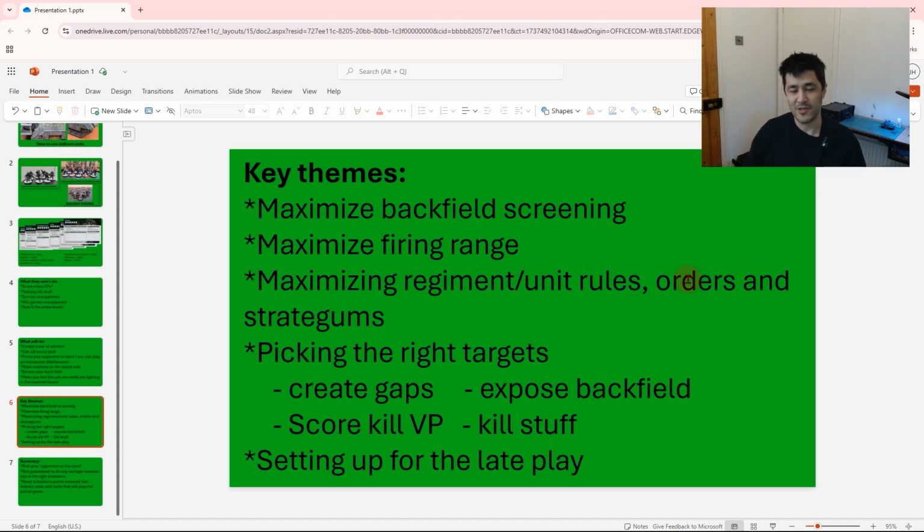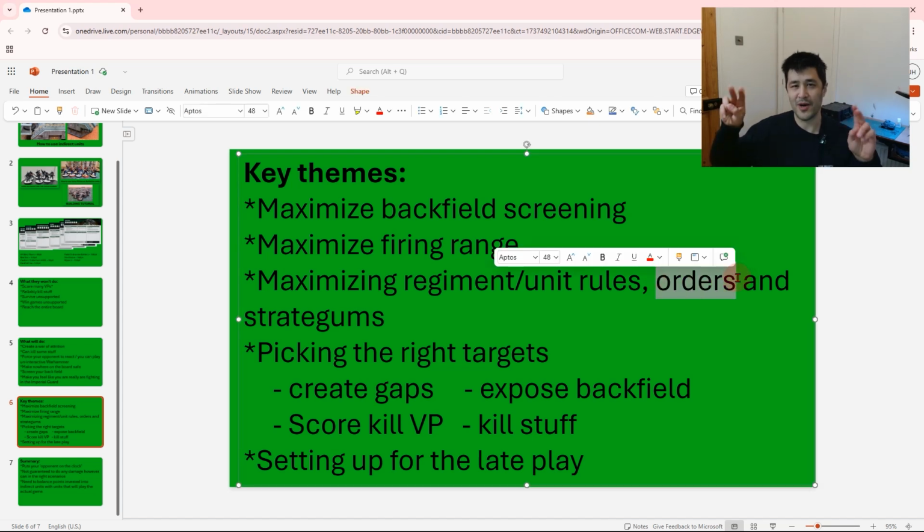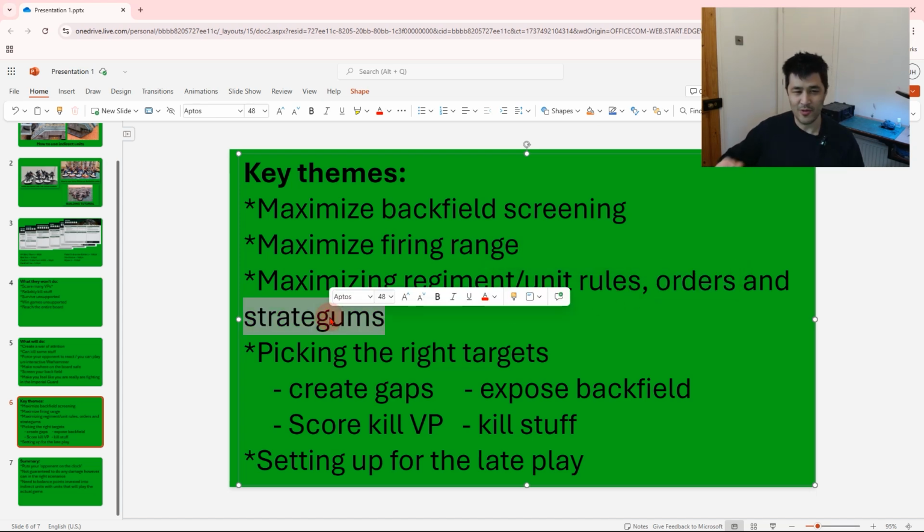So you obviously want to make sure that units receive orders. But the thing with Guard is that, broadly, orders are simply the bread and butter of this army. You can operate this army without orders, but where this army gets very powerful is via orders and stratagems. I'm not going to talk about exactly which ones because I know them all too well, but